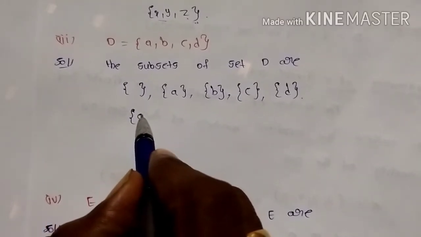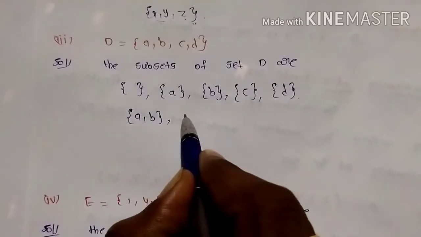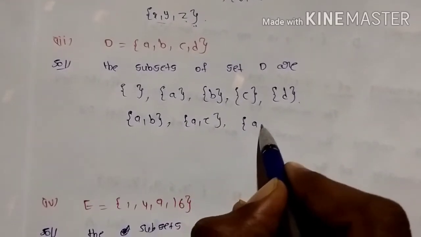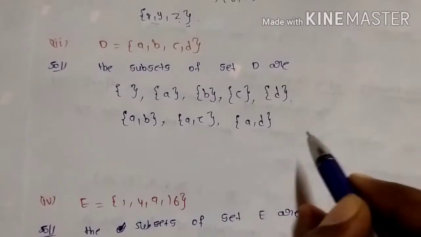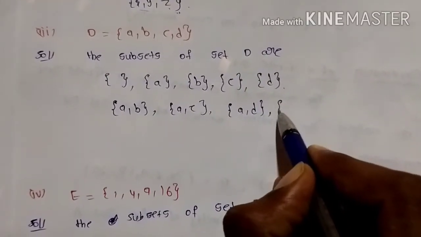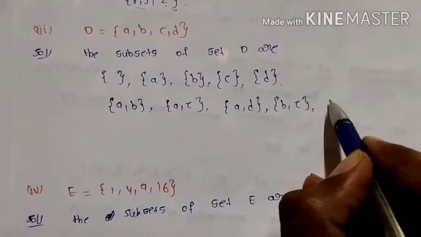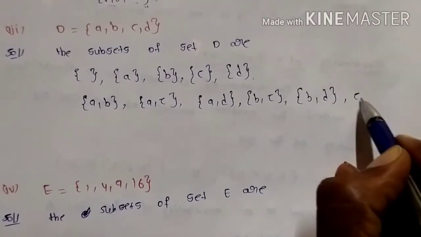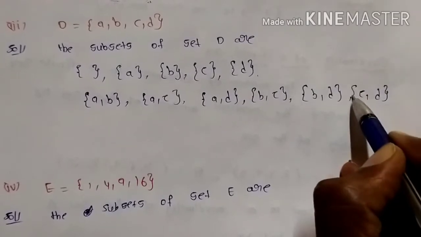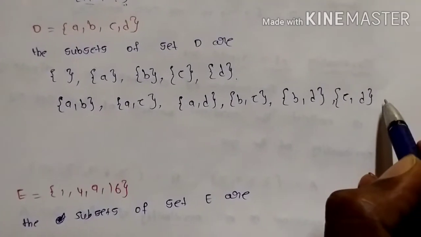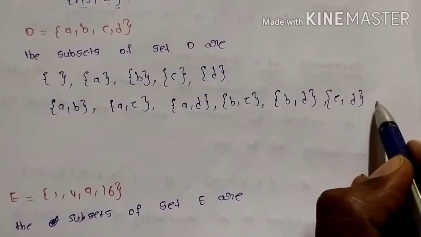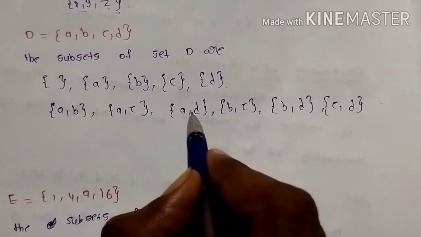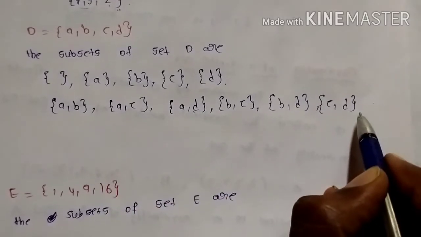Next you can take two elements. That means I am taking A comma B. Next you can take A comma C. Next you can take A comma D. With A all completed or not? Next you can see B. With B, that means B comma C. Next you can consider B comma D. B also over or not? Next you can consider C. C comma D. Is it okay? Next, if you want to take D, after D there is no element available. If you want to take D comma A, it is already available or not? D comma A, yes or no? So don't take it, you can stop here only.